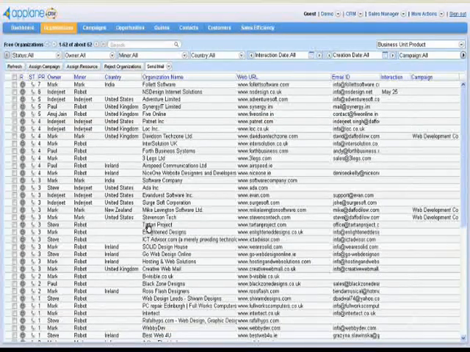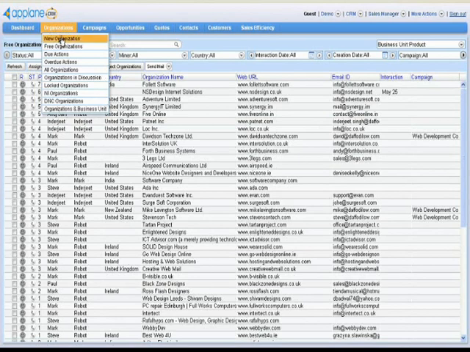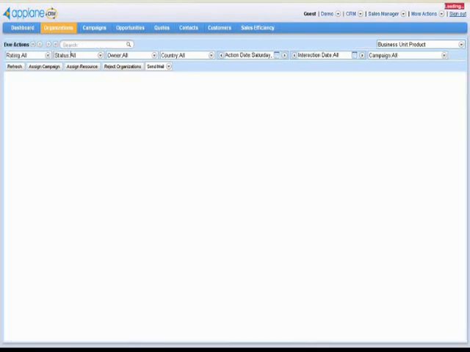Now going ahead with step 3, follow up and forward the discussion. On changing the substatus of free organization, the organization gets locked in the name of the user who has initiated the interaction. Hence it appears on locked organization. Now depending upon the action you have planned for a particular date, the organization will also appear in the due actions page.